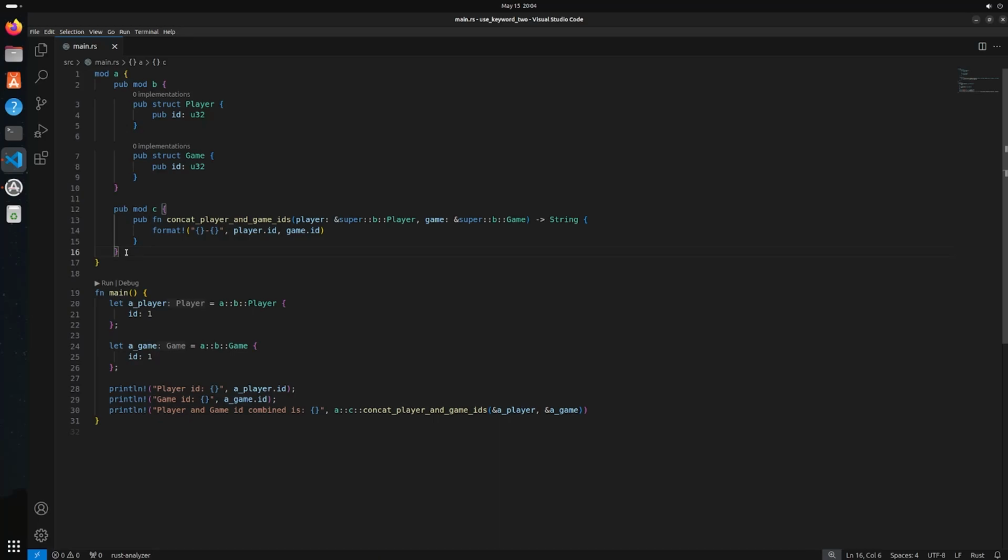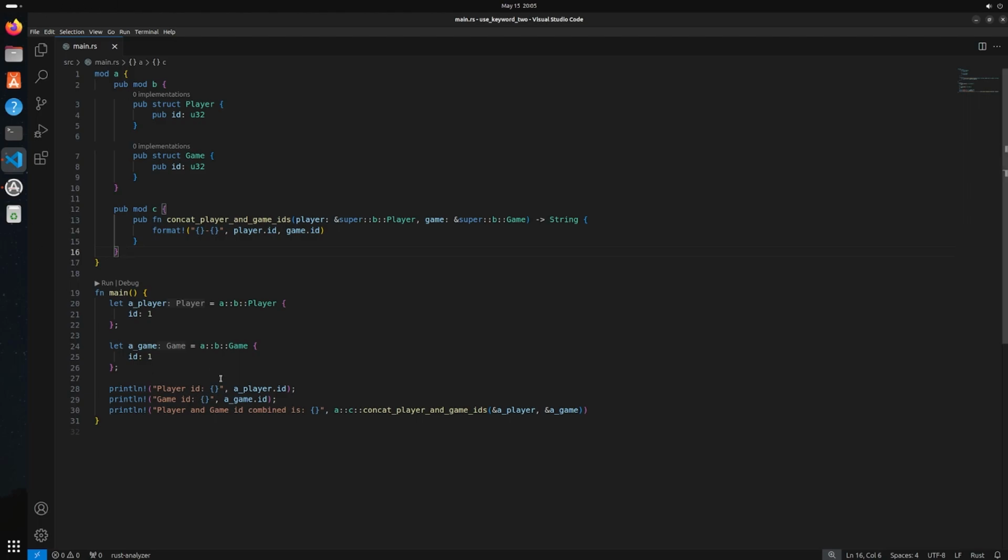So in this video, we're going to continue looking at the use keyword just a little bit, because I want to cover a couple more topics around using it, which is kind of ironic that I use the word use when I'm talking about the use keyword. Oh well. So basically in the previous video, we looked at some really simple scenarios of simplifying the paths